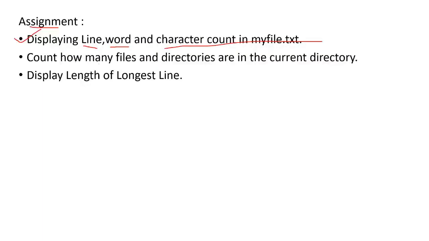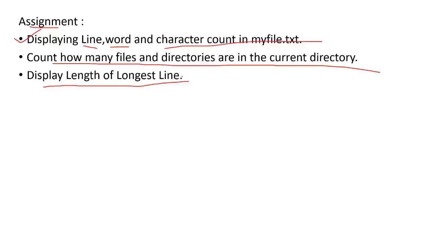Now count how many files and directories are there in the current directory. You can take one directory and count how many there are in total. Or display the length of the longest line. If you want to display the length of the longest line, you can do that using the wc command.